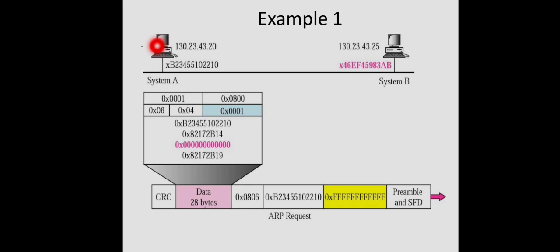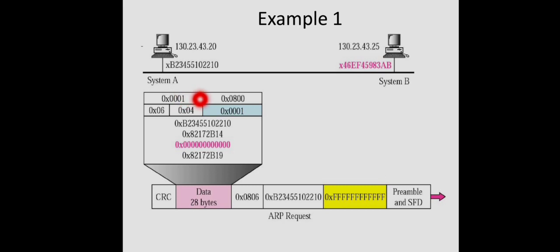This is our sender machine. IP address is this, MAC address is this one. This is our receiver machine. This is the IP address, and this should be collected by the sender. So the sender will construct a corresponding ARP request message. The request message will be constructed in the IP layer, the network layer, and will be handed over to the data link layer to construct this frame. So this is the corresponding ARP packet.